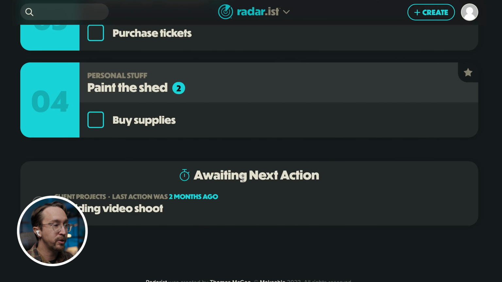Now down here at the bottom, you'll notice there's another area that says awaiting next action. The idea here is that these are projects that do not currently have an active task within them. This happens for a lot of different reasons. Maybe you just finished everything, or maybe you sent something to the client, you finished your part, and you're just waiting to hear back. This always keeps these on your radar so that you know that they've been sitting,